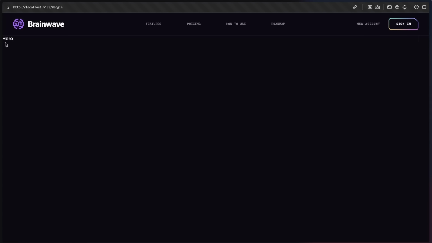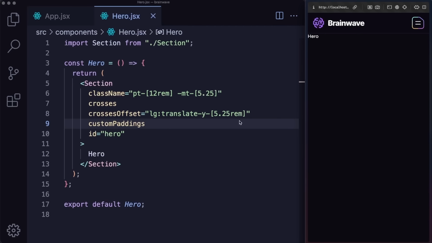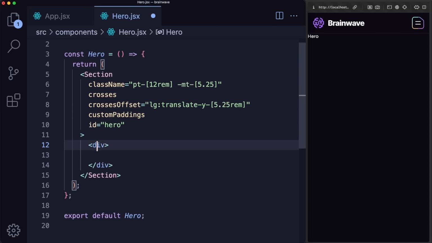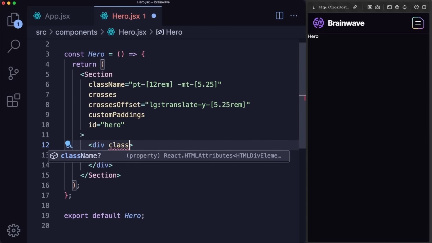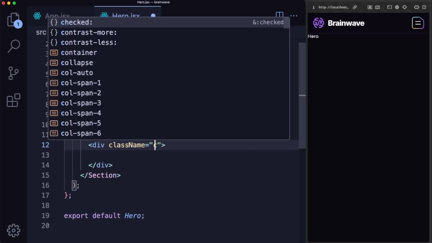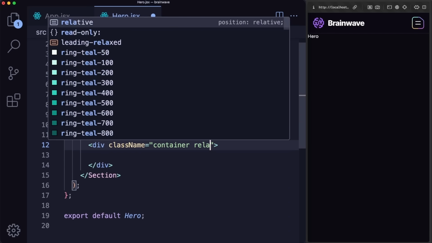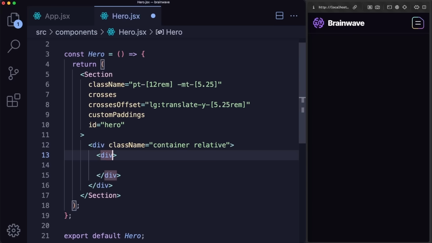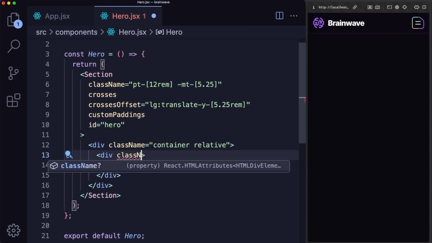We cannot see any crosses or anything. That's because we don't yet have enough content within our hero section. So let's change that. Let's wrap our section with another div, and this div will have a class name equal to container and relative. Within this div, we'll create another div, and that div will have a class name equal